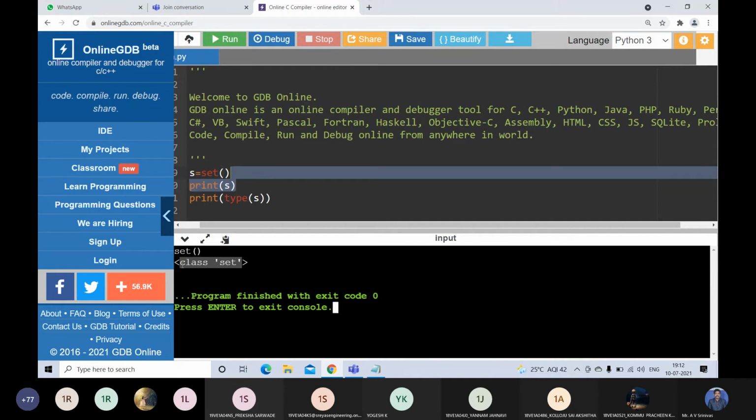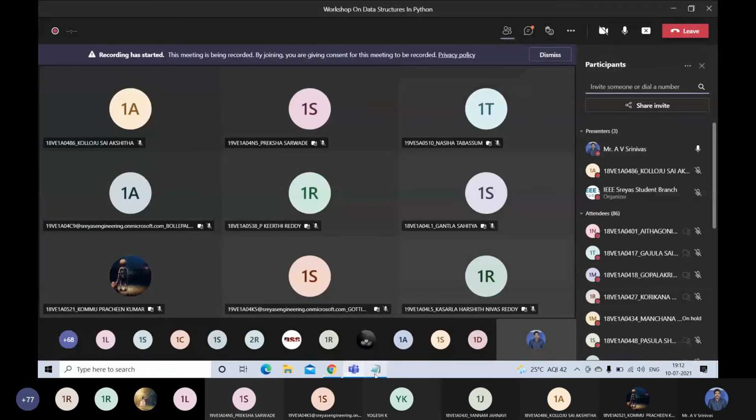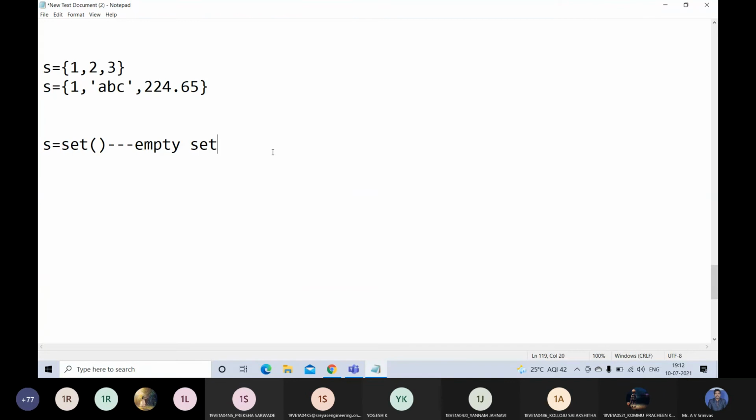Okay, now creation of sets. Then next, after creating a set, empty set or some element set, now how to add the elements to a set?